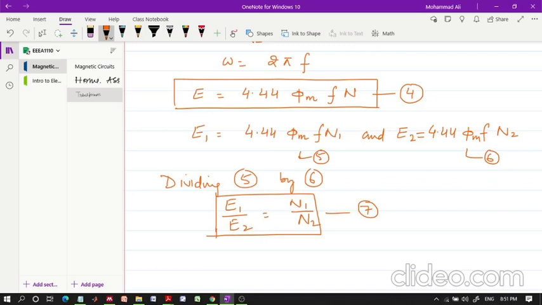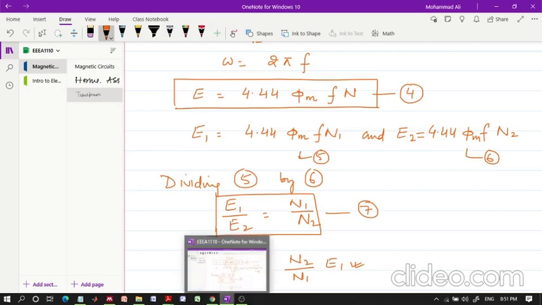Now if one wants to calculate the EMF generated on the secondary side, and he knows the EMF developed on the primary side, then of course he will find it easily as E2 equals N2 by N1 into E1, right? So if we know the number of turns on the primary and the secondary side, and we know the EMF on the primary side, we can find it. Okay, so here we are talking about the ideal case. Now there are no losses and no such things.